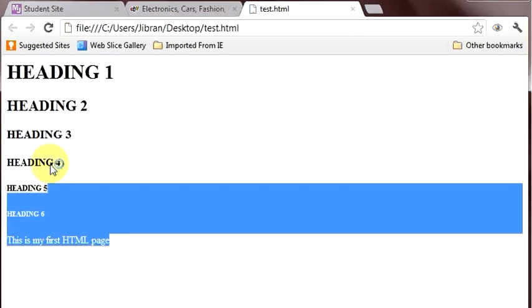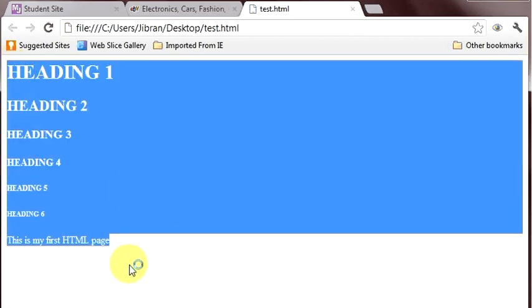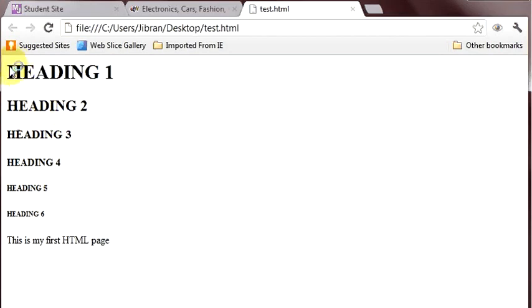These are different types of headings which are predefined in HTML, so you don't need to give their sizes all the time. You can just use h1, h2, h3, h4, h5, h6.